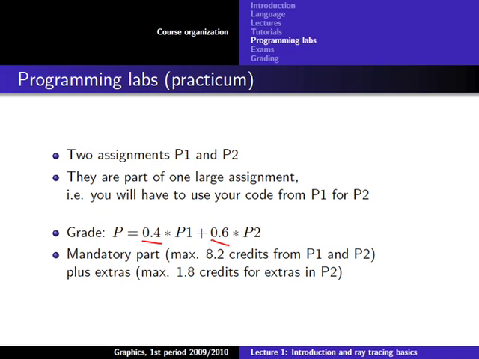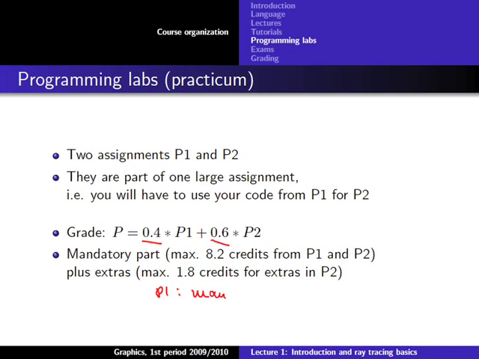That is why I thought I would split it basically in 3 parts. We have a first mandatory part, which is P1. We have a second mandatory part, which is P2. And then we have an extra part, which is also part of P2, which is why you have this weird grading here. So the rule now is, let me check this here so I don't make a mistake. So you have P1,